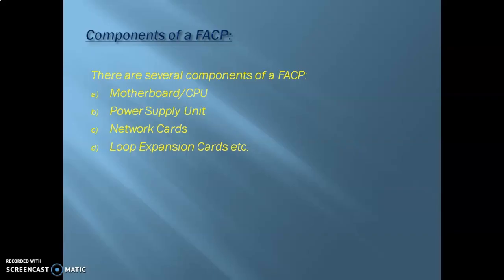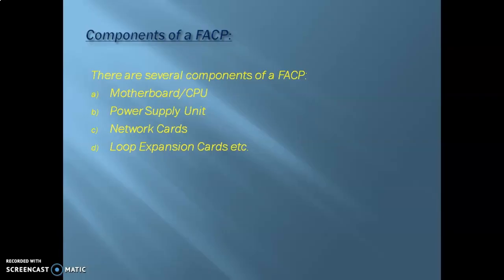As the name suggests, the CPU and the motherboard are basically the brain and heart of the FACP itself. This is the component that computes and distinguishes between an alarm and a trouble signal, etc., and sends and receives all the signals.